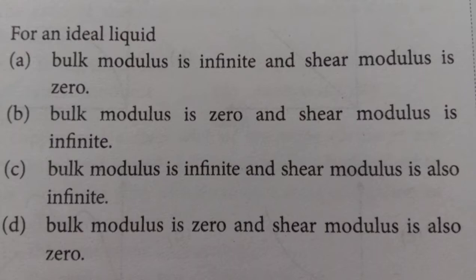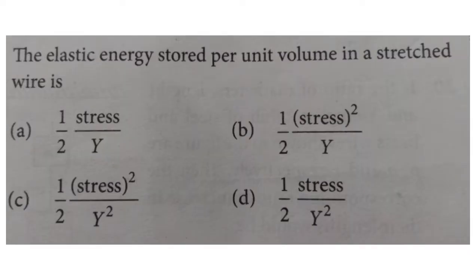is 0. The next question is, the elastic energy stored per unit volume in a stretched wire is: option A, 1 by 2 of stress by Young's modulus. Option B, 1 by 2 of stress square by Young's modulus. Option C, 1 by 2 of square of stress divided by square of Young's modulus. And option D, 1 by 2 of stress divided by square of Young's modulus. The correct answer for this question is option B, which is 1 by 2 of stress square by Young's